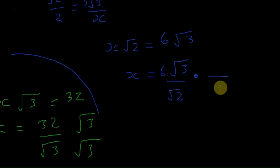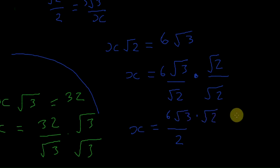And it's going to give us, so do the easy bit first, I think. Always the easy bit. And now here's some prior knowledge you need to know, because if you've got the square root of 3 times square root of 2, this is an aside, that's the same as doing 3 times 2. And I'll show you why that is another time, but if you ever see square root of something times square root of something, you can open it up like that and multiply it out. So it'd be 6. So then we've got...